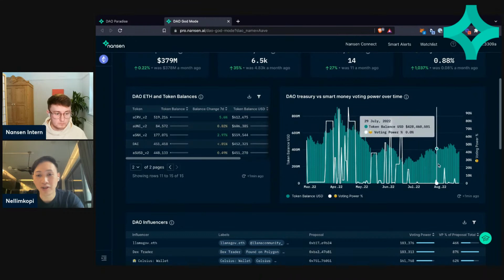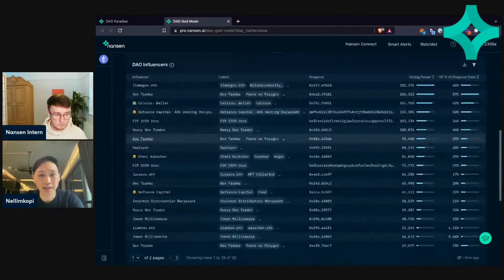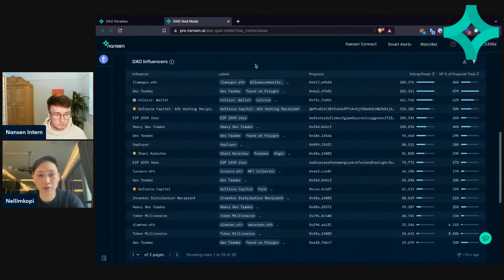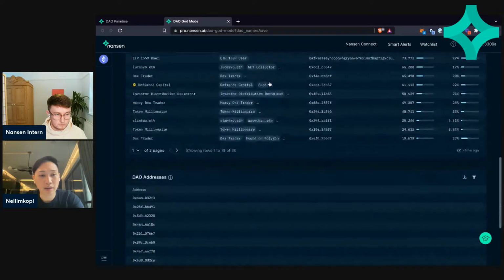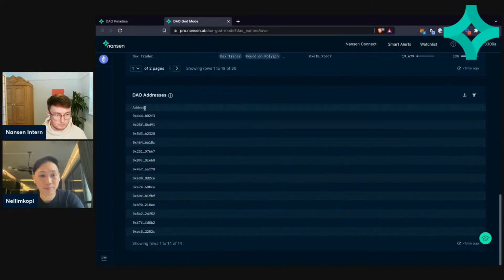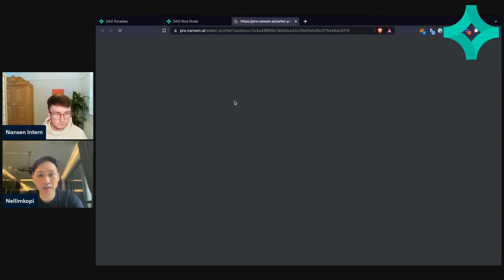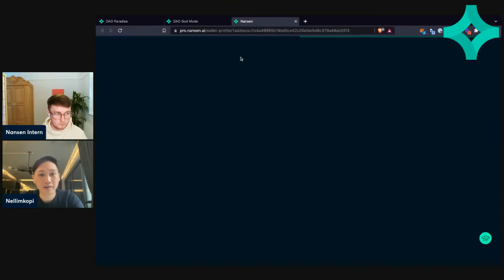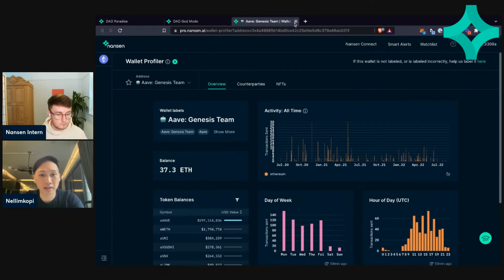So the vertical bar that you see is your token balance over time. And you can see who actually has the largest influence when it comes to voting on different governance proposals, who can influence it the most, as well as your DAO addresses. You can click into it, which takes you to wallet profiler. You can start drilling down into each particular DAO wallet address, or you can set a smart alert,